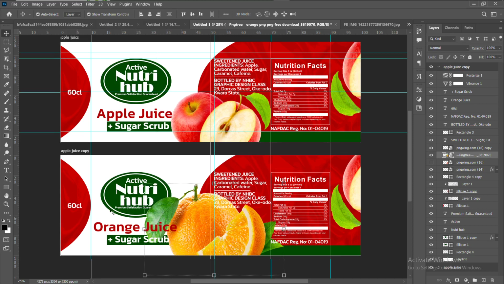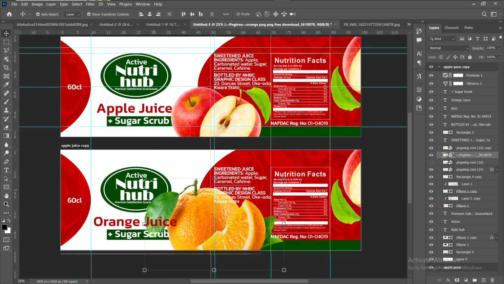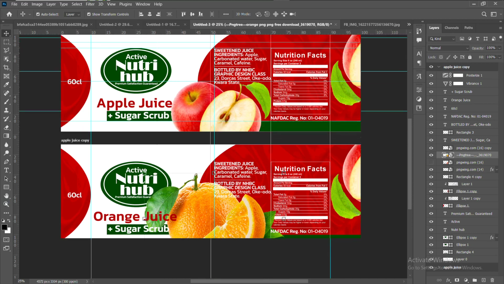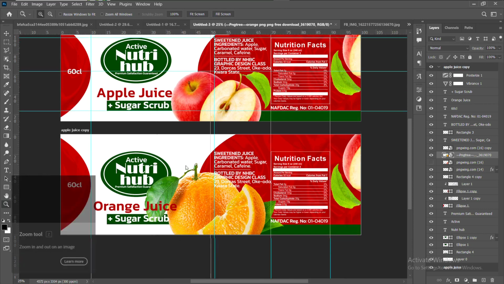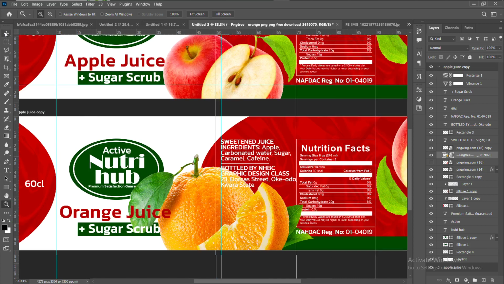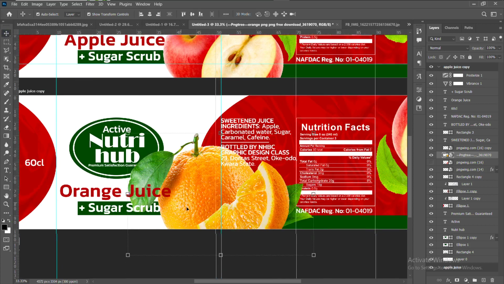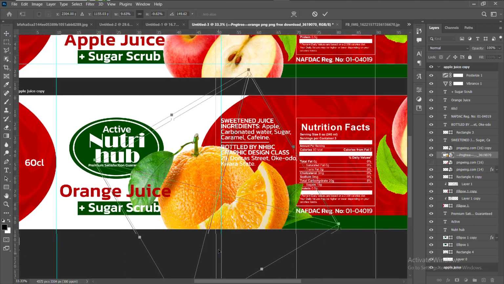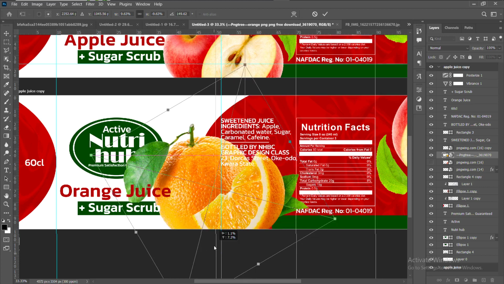I'm just trying to make sure that I want it to be the same thing that we are designing. No, it's for a brand, so it has to be uniform. You understand? So it has to be the same. So we'll just keep adjusting. Just have to keep adjusting so that